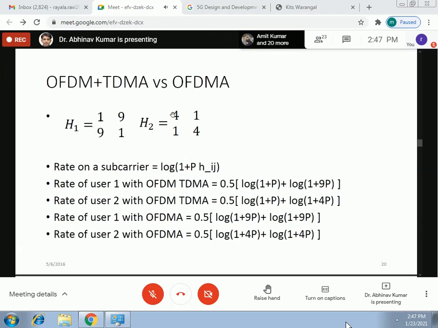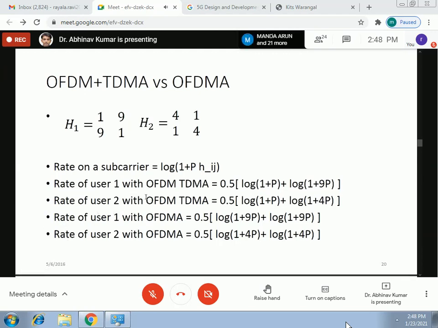Similarly, first time slot first subcarrier, second time slot second subcarrier to user 2. So the number of resources given to each user is still the same, but the rates are significantly different because now the rate of user 1 is log of 1 plus 9p plus log of 1 plus 9p. Similarly, rate of user 2 is log of 1 plus 4p plus log of 1 plus 4p, right? So here, as you can see, the rate for both the users are increasing in OFDMA compared to OFDM TDMA